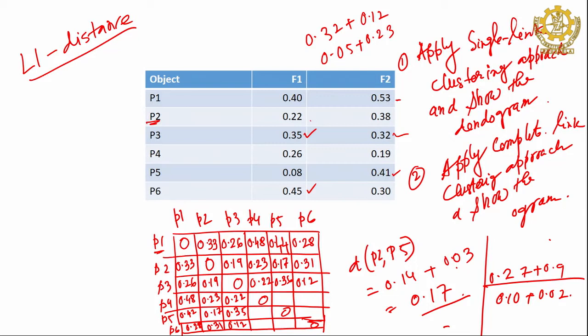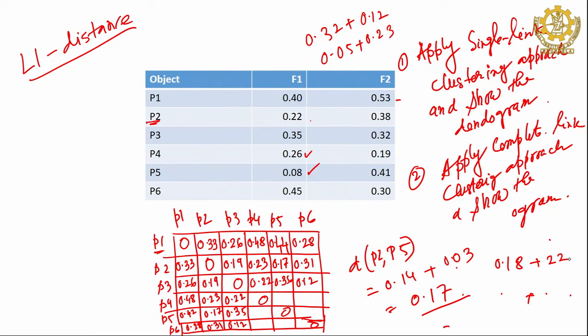So P4 P5 is 0.14, 18, and then this is plus 22, so